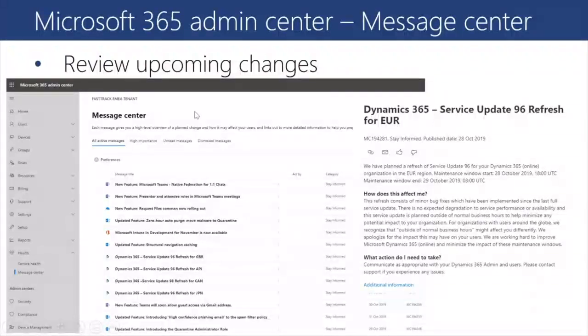And this is our message center. We announce upcoming maintenance information. We announce updates, new features. Basically, you can stay informed with what is going on with your Microsoft 365 subscription, including your Dynamics 365 subscription. As of today, there are 4 message categories. We have messages for